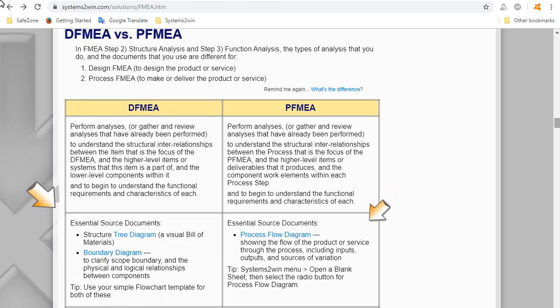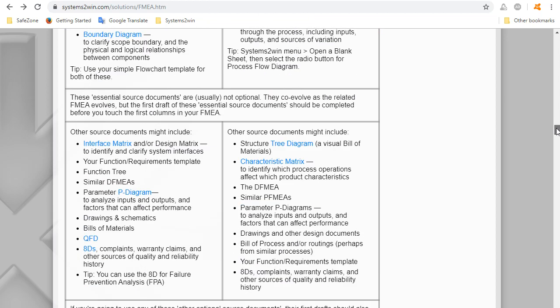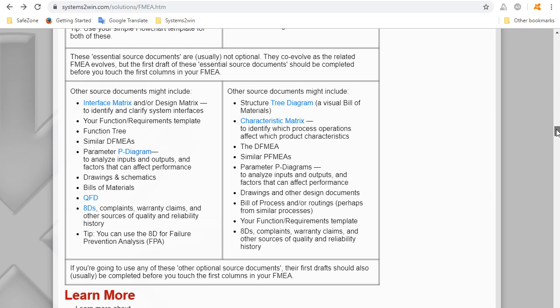And notice that the essential source documents are different for a DFMEA or a PFMEA. And notice that these essential source documents are usually not optional. They co-evolve as your related FMEA evolves, but the first draft of these essential source documents should be completed before you touch the first columns in your FMEA. That was a big missing instruction in prior versions of the FMEA.